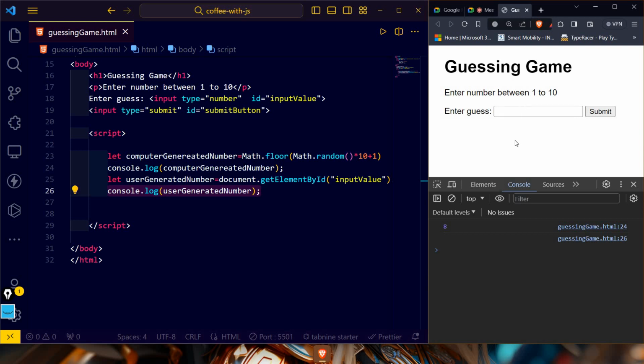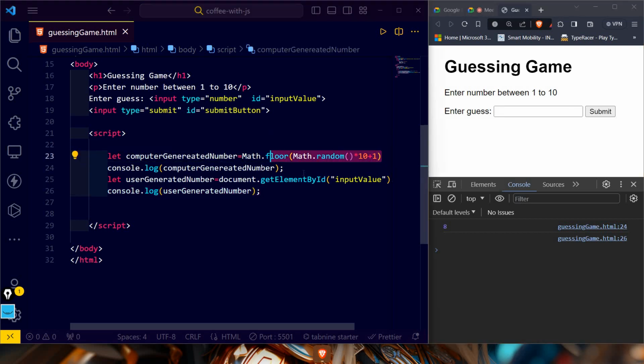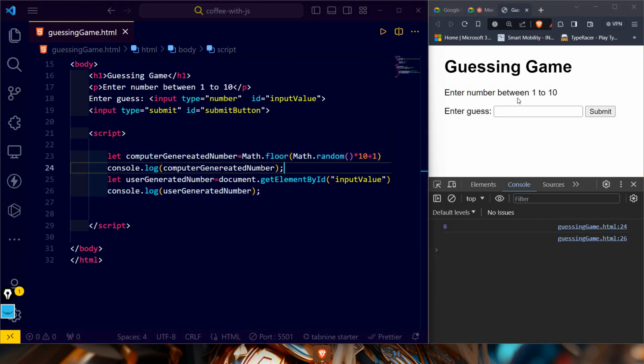तो देखते हैं वैल्यू कंसोल लॉग होती है या नहीं होती है। आप userGeneratedNumber को भी कंसोल लॉग करिए। मैंने यहाँ पर दो कंसोल लॉग किए। पहला कंसोल लॉग तो कंप्यूटर जनरेटेड वैल्यू का है, और दूसरा कंसोल लॉग, जो भी मैं इसमें वैल्यू एंटर करूँगा, वो भी मुझे कंसोल लॉग में देखना है कि हाँ हम सही से कैच कर पा रहे हैं वैल्यूज़ या नहीं।